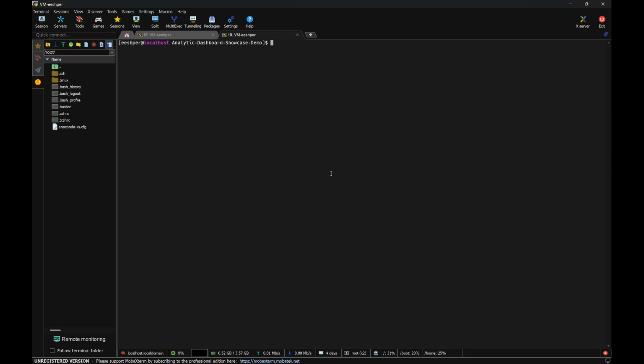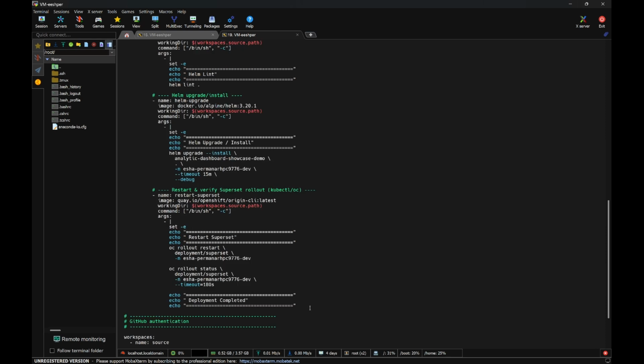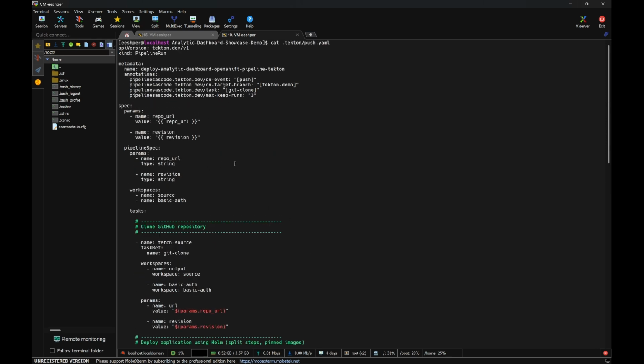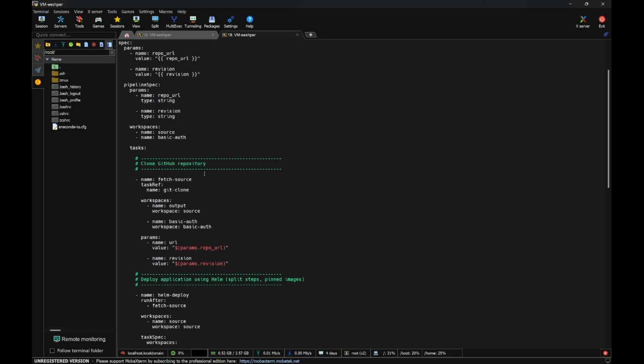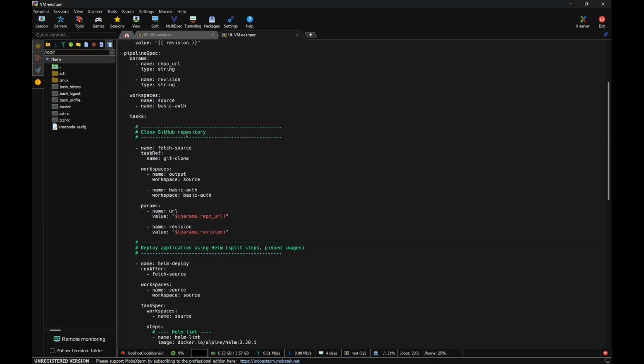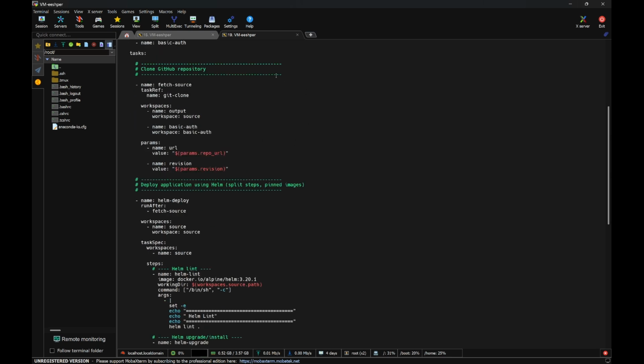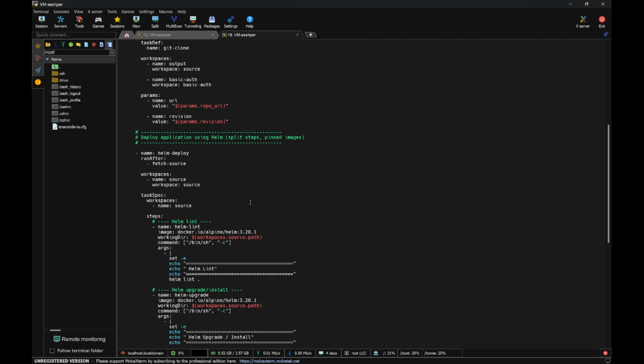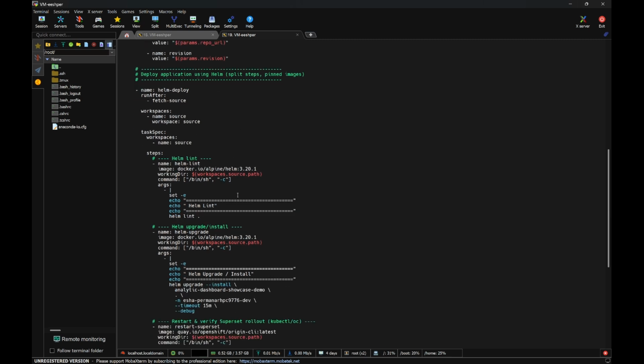we can continue with Tekton pipeline. So I have created the Tekton deployment. In general, this is still the same step by step. We can take the GitHub repository for synchronization with our local repository, and then this is for deploy application.